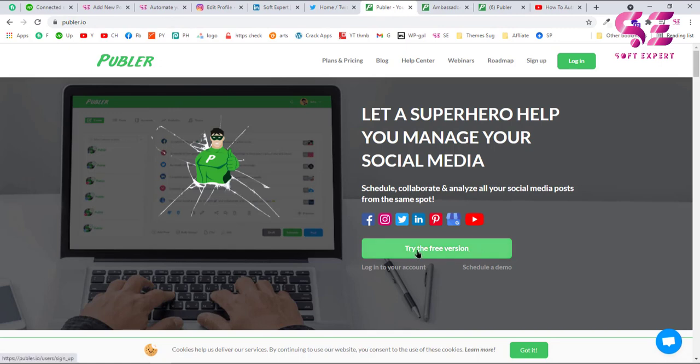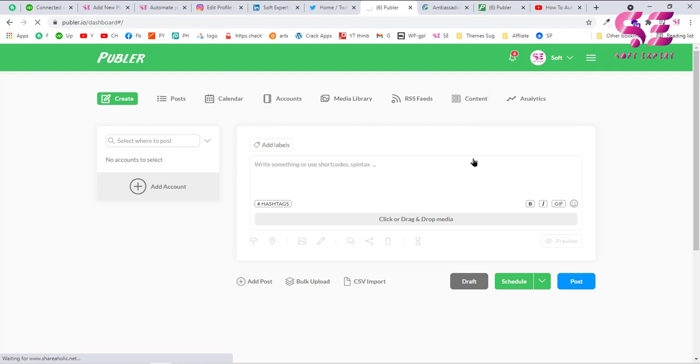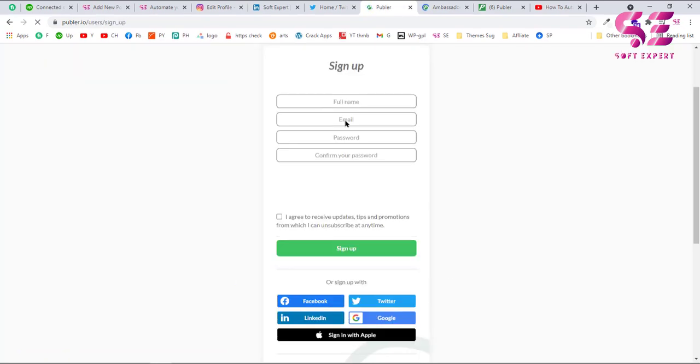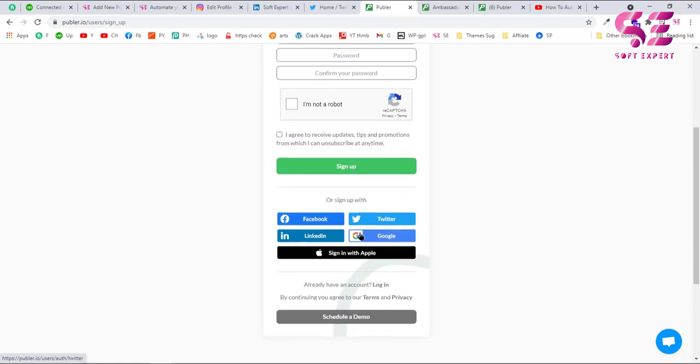Now as you can see, try the free version. So there are also some premium plans, but we can use the free version which will work fine. So just click on try the free version and this will take you to the sign up page. And here you can write your name, email and password, and if you want you can also sign up using your social accounts, for example Facebook, Twitter, LinkedIn and Google. I already have created an account over here, so this is very simple. Just click on any of these and your account will be created. And after sign up you will just have to log in,